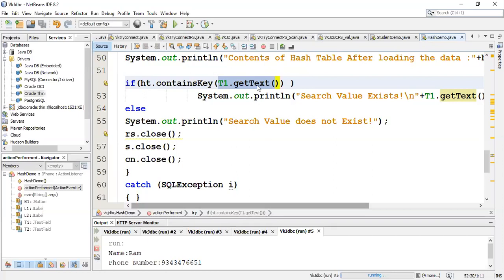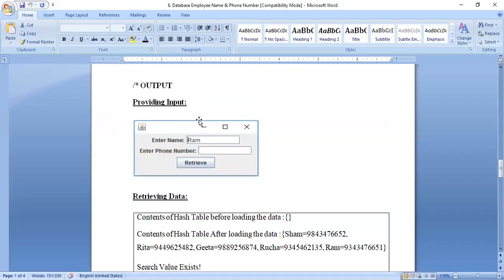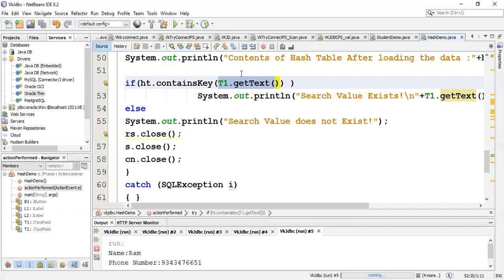the journal program. So here you can see this is going to be the interface. This is the key and this is the value. So when the user provides the key, that is nothing but the name, the associated phone number must be retrieved. So for that we have typed the program. So here you can see that from the first text field the key will come.